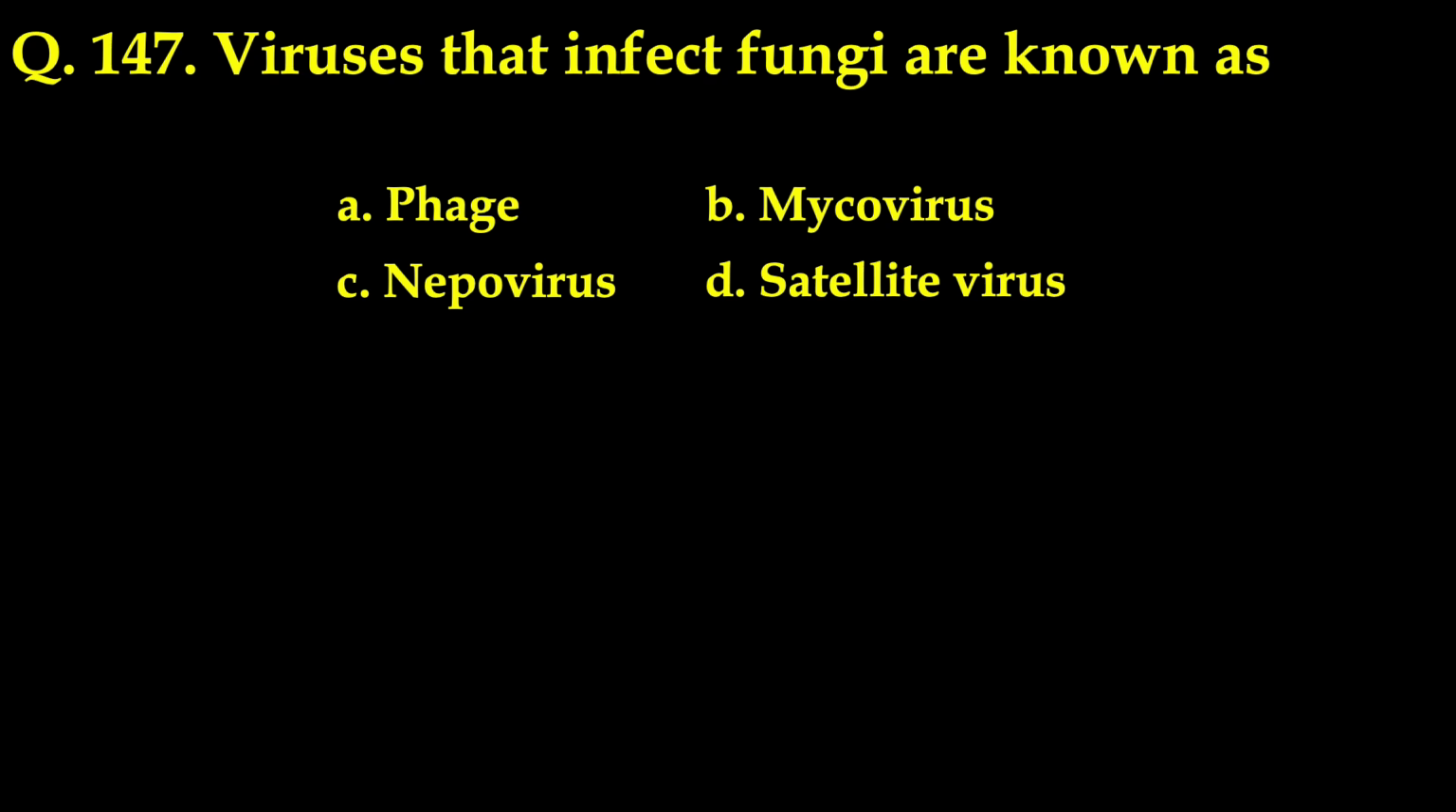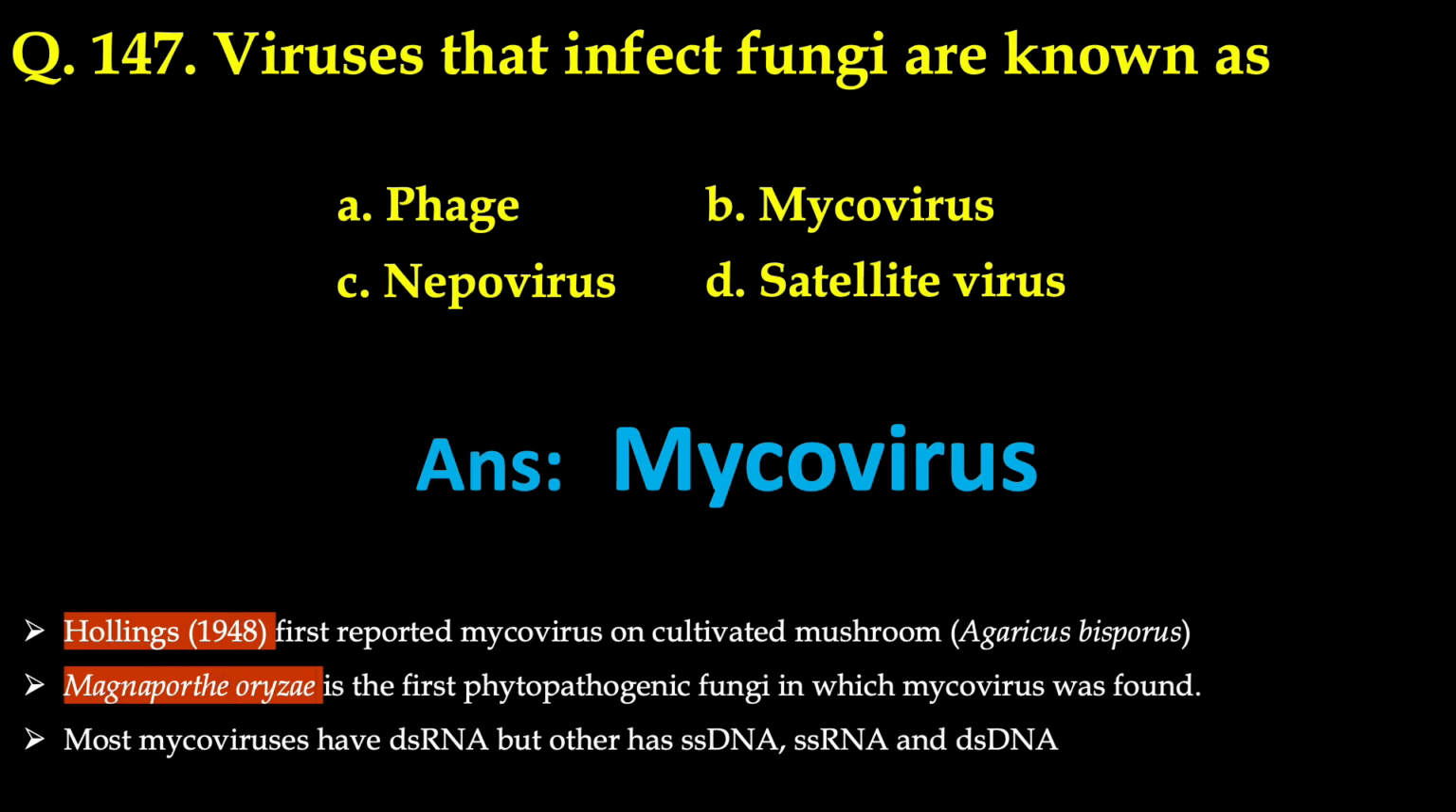This is a very interesting question. The viruses that infect the fungi are known as, the correct answer is mycovirus. It was Hollings in 1948. For the first time he reported mycovirus on cultivated mushroom, that is Agaricus bisporus. And Magnaporthe oryzae is the first phytopathogenic fungus in which mycovirus was found. And most mycoviruses have double-stranded RNA, but others have single-stranded DNA or single-stranded RNA or double-stranded DNA. So